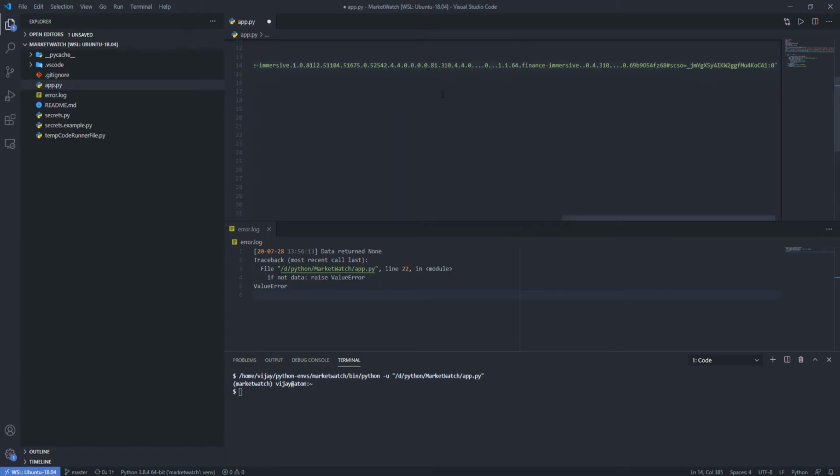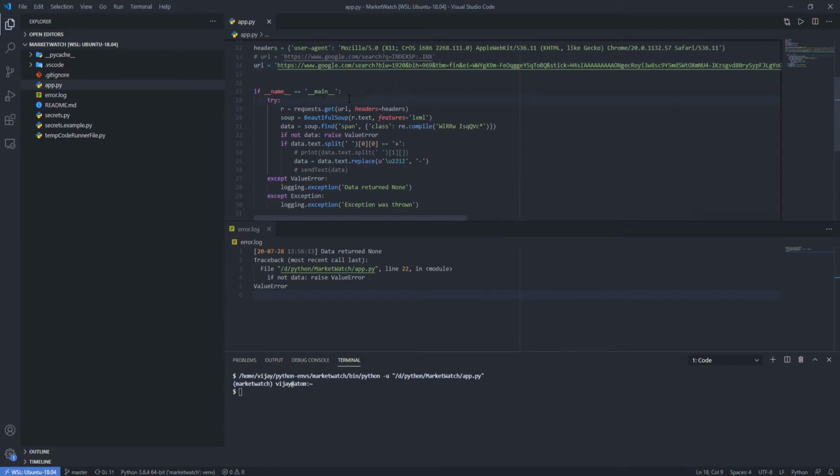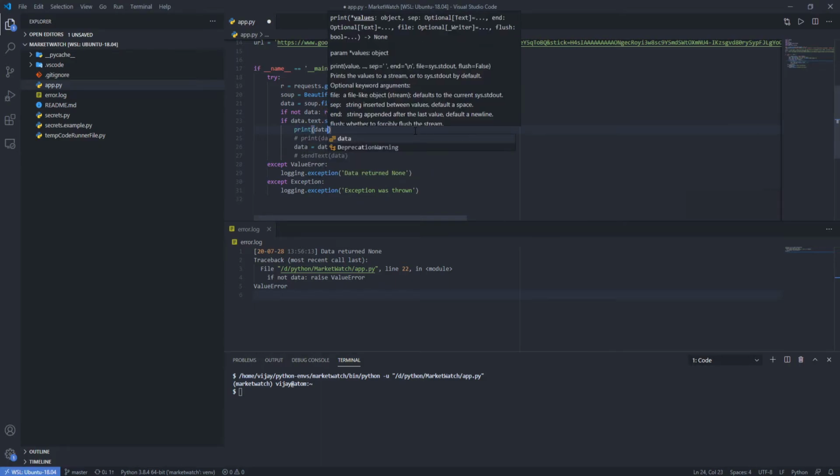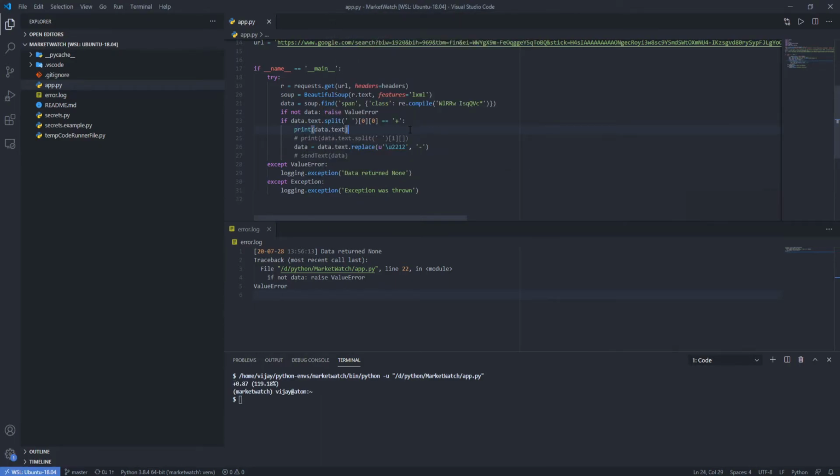So let's just put in the whole link here, and yes, it's pretty long, but this is for testing purposes. Okay, we got no output because we did not print our data. Let's print our data right here real quick. Okay, so we have 118%. So now what we want to do is see if we can index this very value right here, because it's always going to be the value right next to